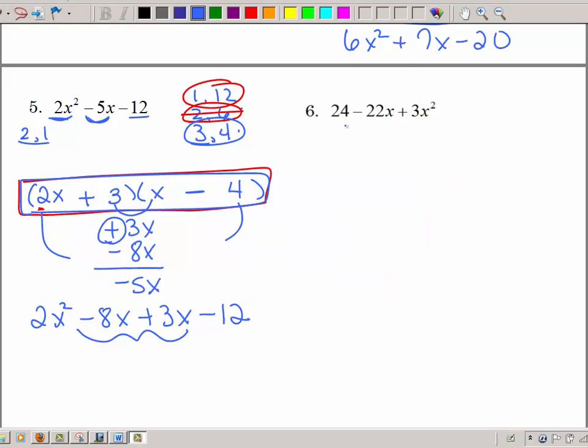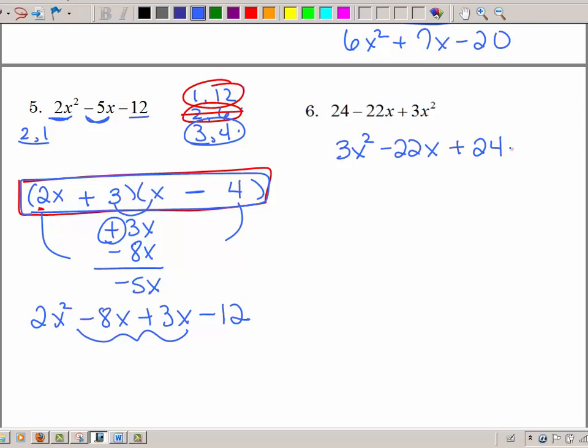Let's look at number 6. First of all, that should look backwards to you. It's in just the wrong order. So let's rewrite it in what's called descending order. So we have 3x squared minus 22x plus 24. Those numbers look kind of big, so let's see if we have a GCF. 22 is not divisible by 3,